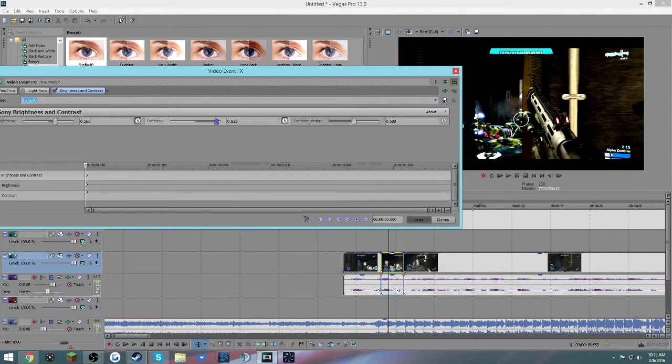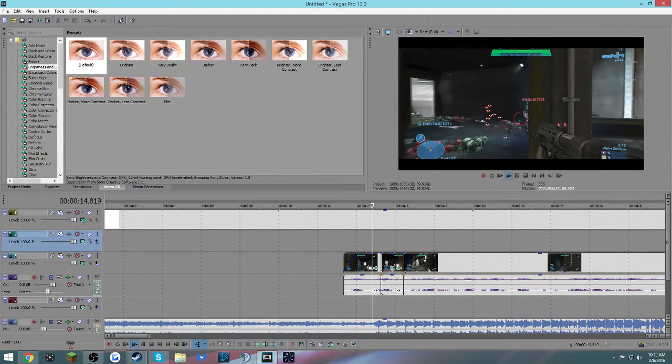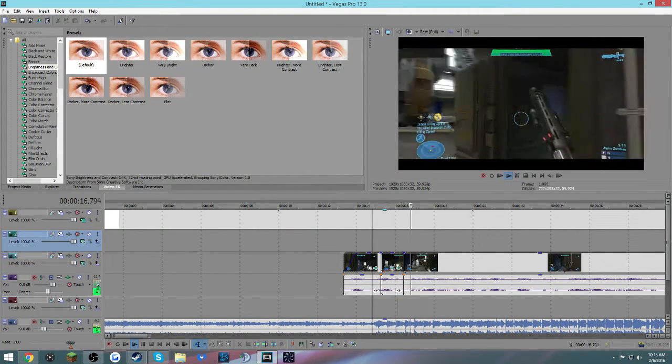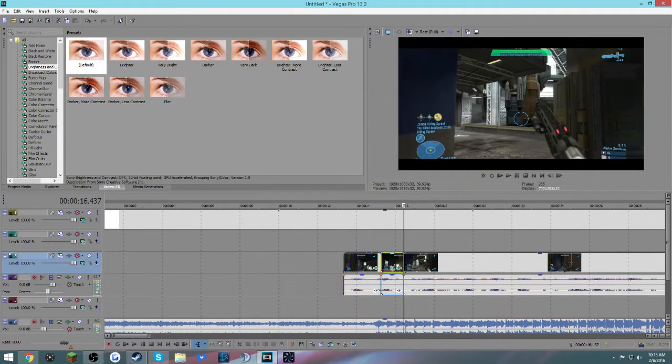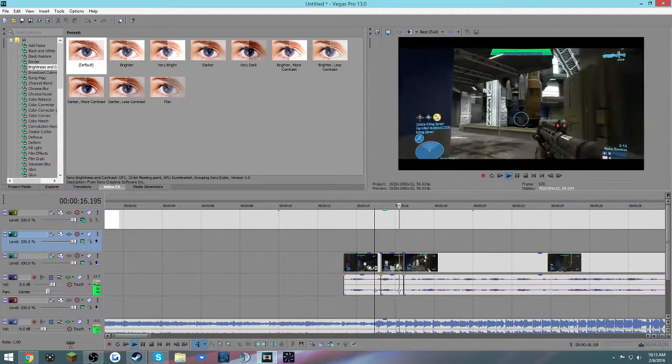You press these 2 little clock things, then go to the end and put 0 for them. So then it goes back to normal by the end. And see, it just ends off smooth, and it doesn't move anything. Then you have 1,